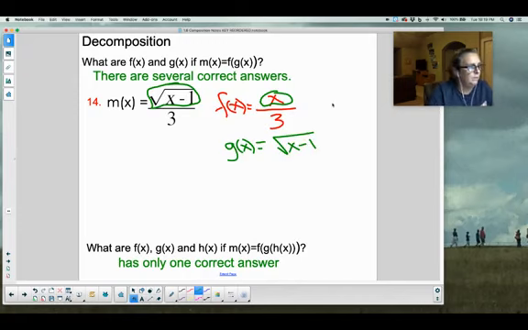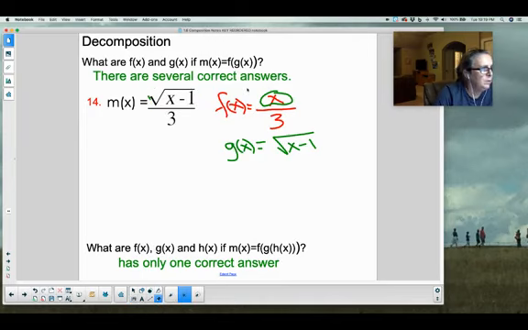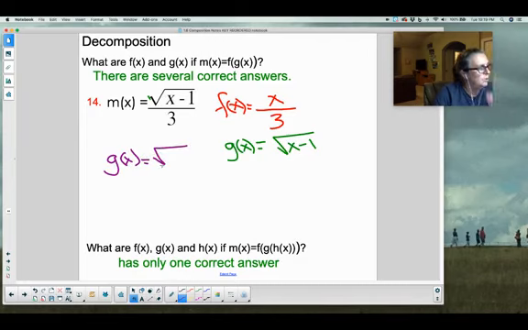Okay, somebody else might have done this totally differently. Somebody else could have looked at this problem. So that's one correct answer, a pair that would go together. There are other ways. Somebody else could look at this from the inside out and say, the first thing I'm going to do is take the square root of something. And then what's on the inside, they're looking from the inside, so that would be g of x. So your g of x could be, I'm going to take the square root of